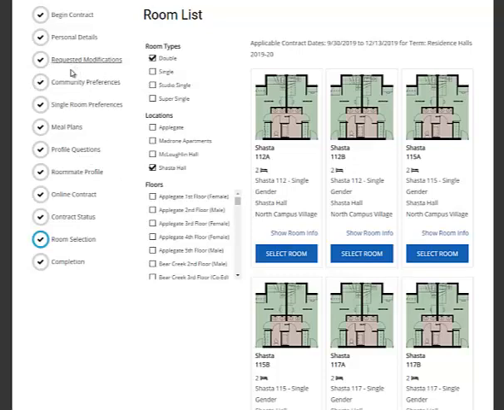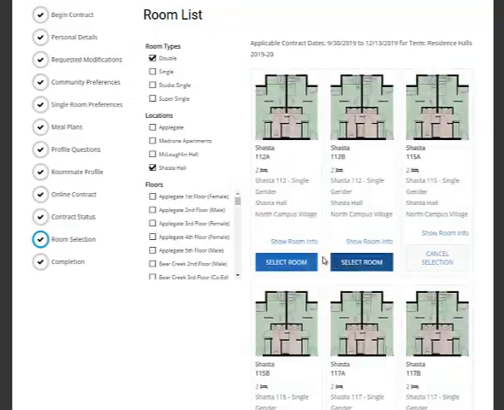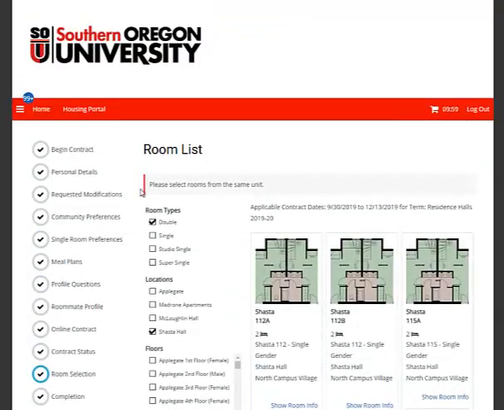It is important to also remember that all members of your roommate group will need to change their community preference so that more room options open up for you. But I can see now that there are single gender options, and I am able to select enough spaces. So again, just like in Applegate, I wouldn't be able to select, for example, Shasta 112A and Shasta 115A. If I go ahead and try and do that, it's again not going to allow me because I need to